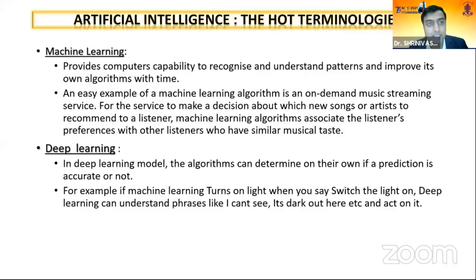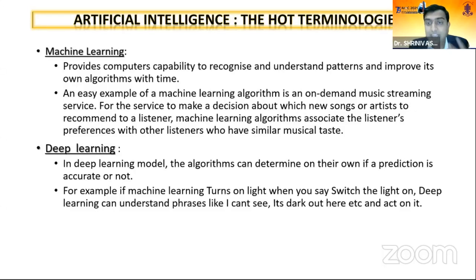So what is machine learning? It provides computers the capability to recognize and understand patterns and improve its algorithm on its own. See, most of us listen to music on Gaana, or watch Netflix, Amazon Prime Video. It tells you, this is a video which you watched earlier, 85% of it matches. This video matches the previous video to 95%. So you are feeding your interest, and that is how the machine is learning, and how it is able to give you your favorite things. That is machine learning. So what is deep learning?